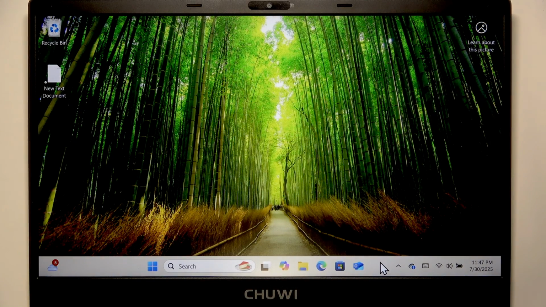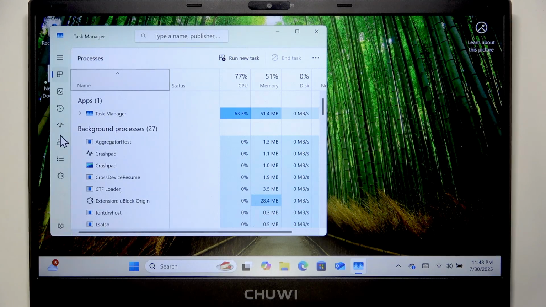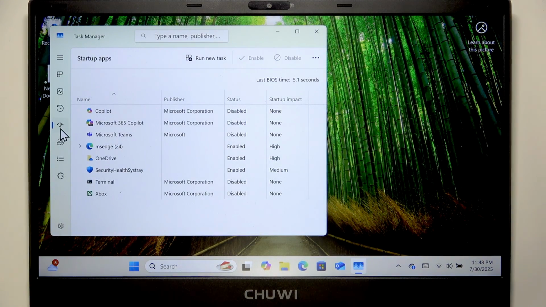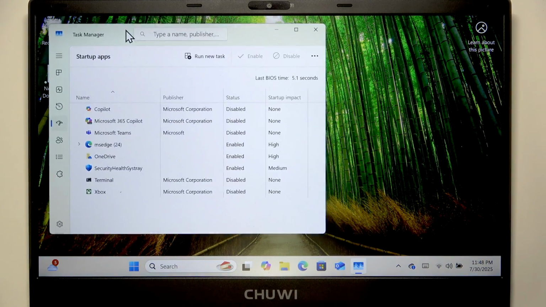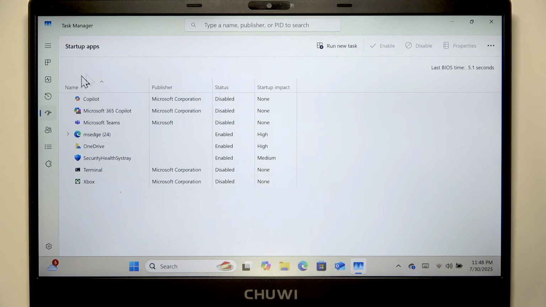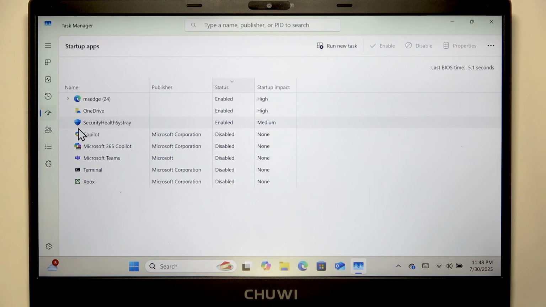Now the next thing is removing the background apps, and the easiest way to do that is by right-clicking your taskbar, selecting Task Manager, and in the Task Manager you'll find the Startup Apps section. Open it, and here you'll find some applications which start up during your PC boot up,